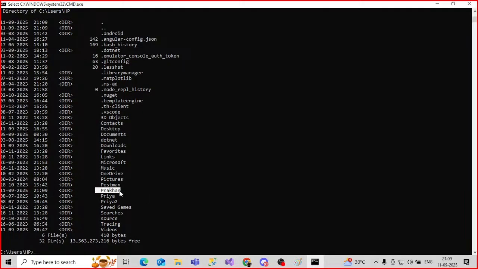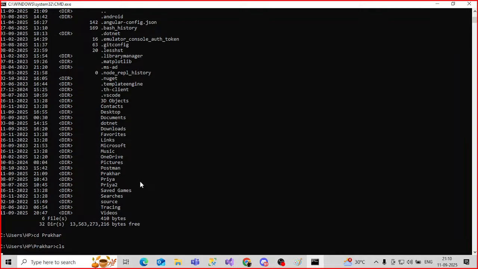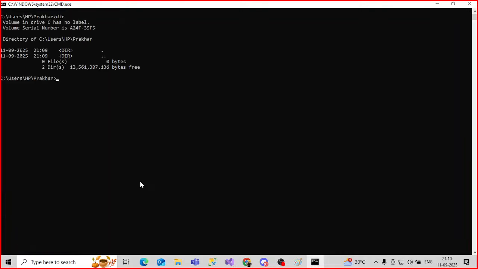Similarly, we can remove it, hide it, and create files inside it. If I want to go inside prakhar, I can change into it, use CLS to clear the screen, and check whether there is any file. No. Now if I want to create hello.txt inside the prakhar folder,